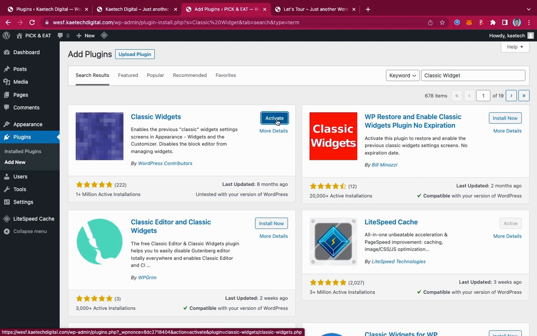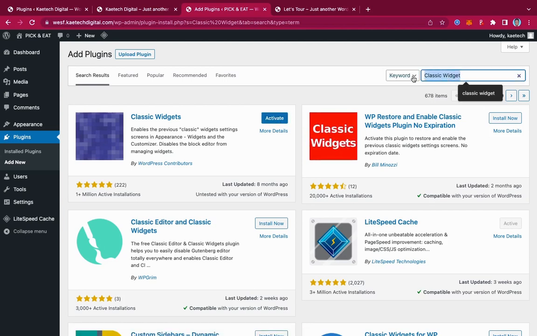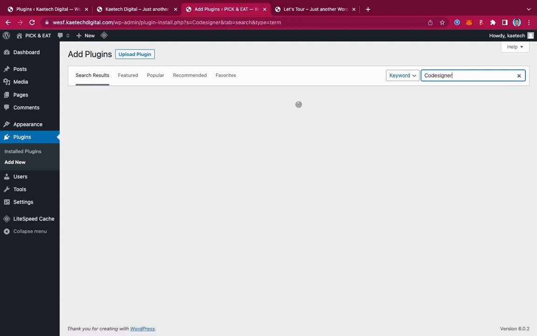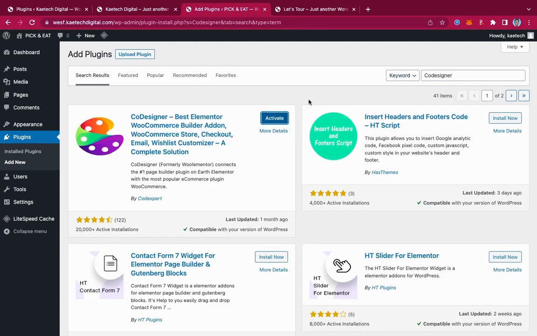Okay guys, so we have this one over here. Now I also want you to install maybe Code Designer, in case we want to use it. So we will install Code Designer also. Now that we've installed all the plugins that we're going to use, we can go to install